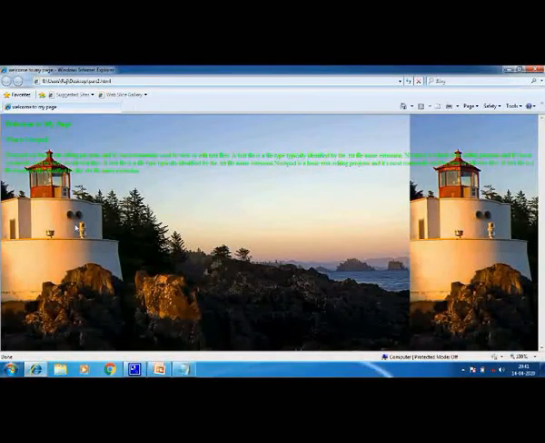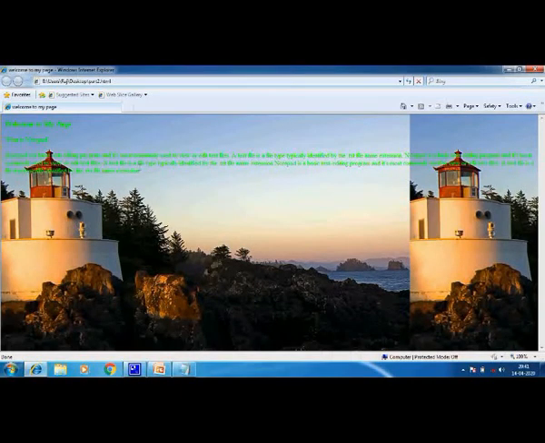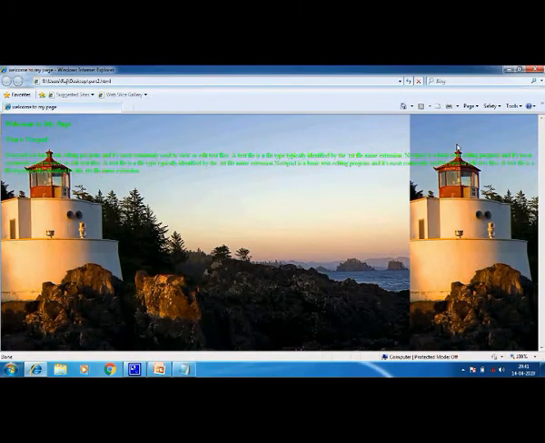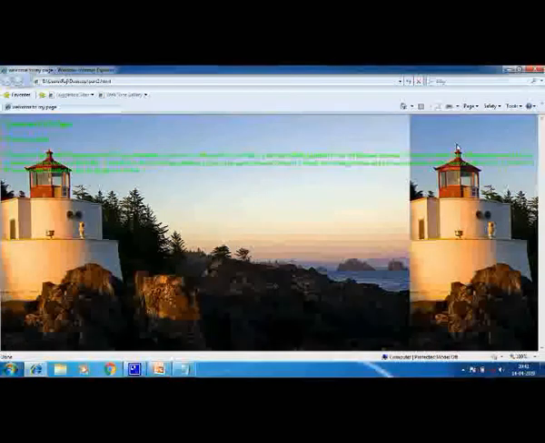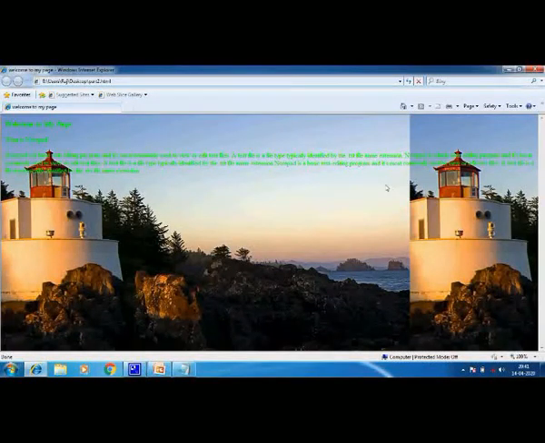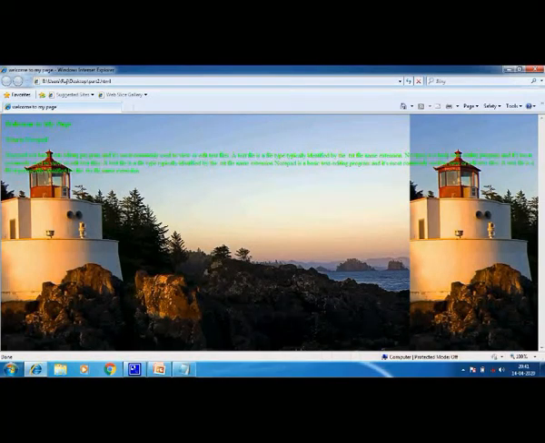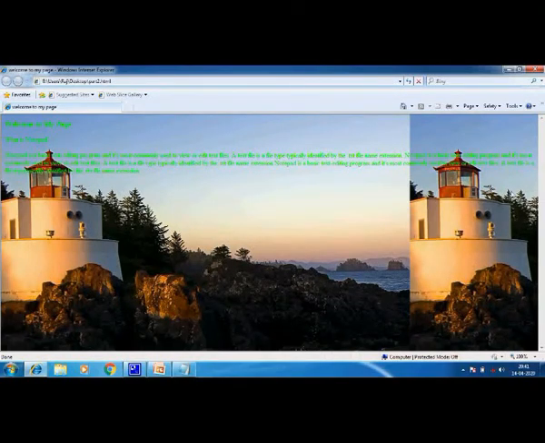Here we are. Right children, now you can see over here the image again, it has appeared over here. Now that is not in the hand of the developer, right? It depends upon the image, children. If the image is in lesser size, it will be like this, and if it is in larger size, it can cover the entire screen, children, right? Fine. So here we are with the image.